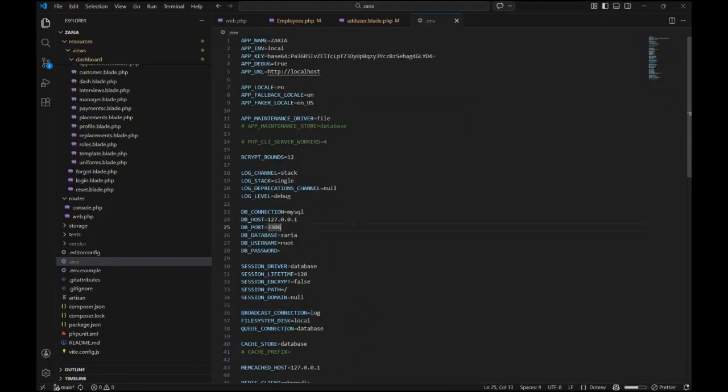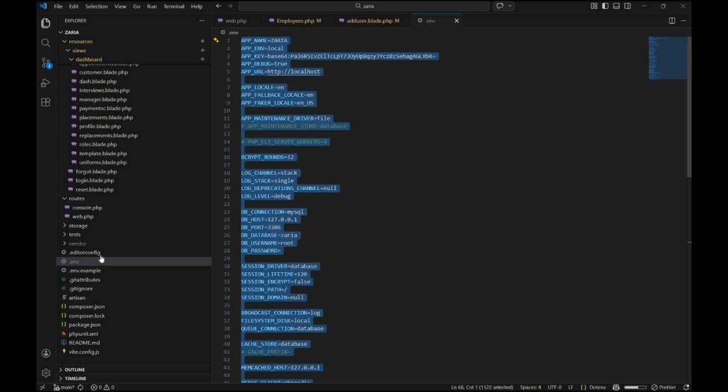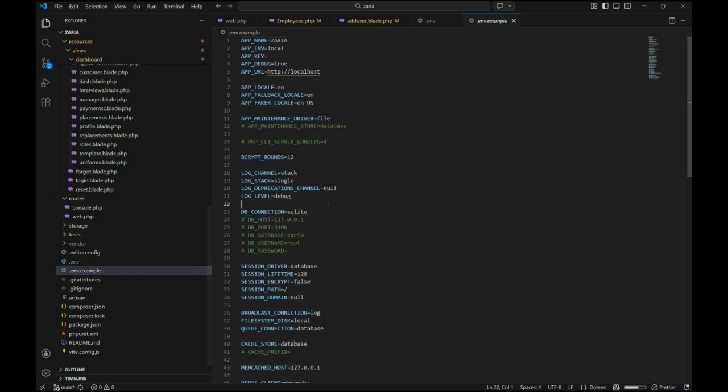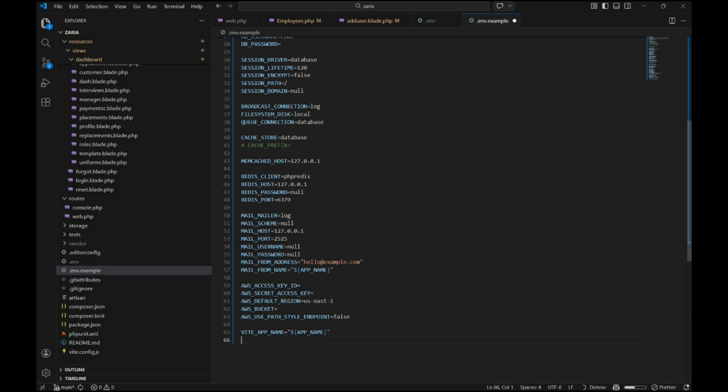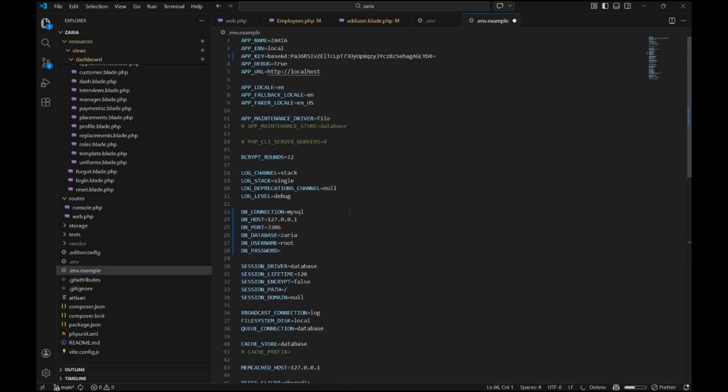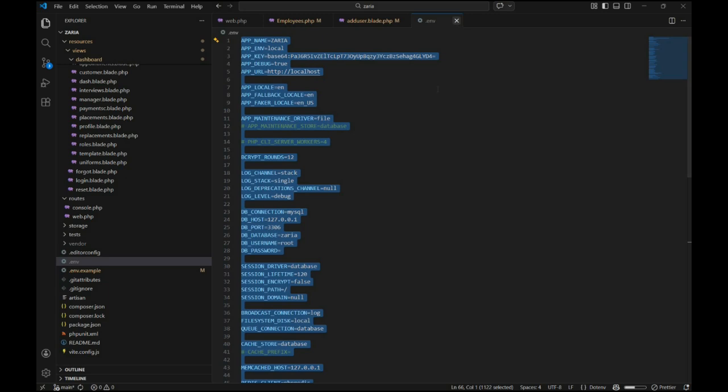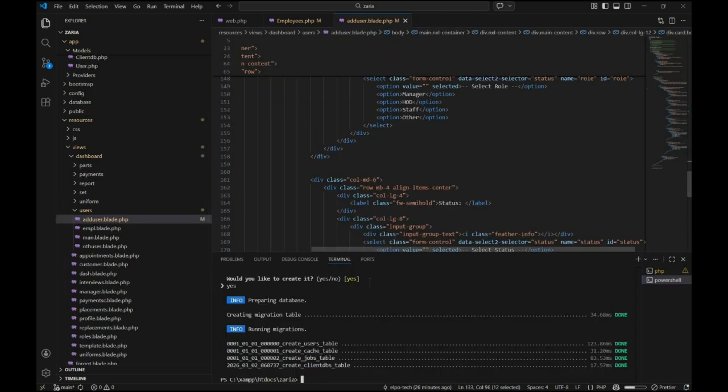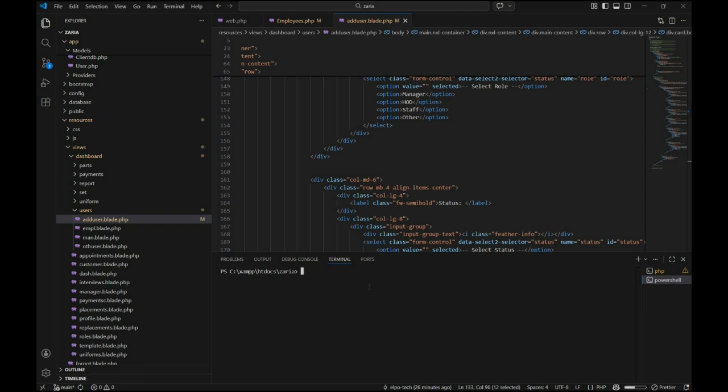I'll copy all this configuration to .env.example. So I'll just delete and copy it, so that when you pull, you'll do this: copy .env.example to .env, because .env